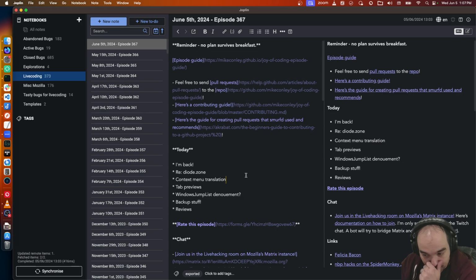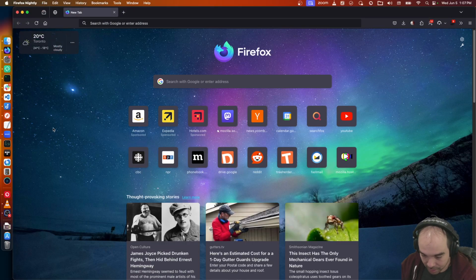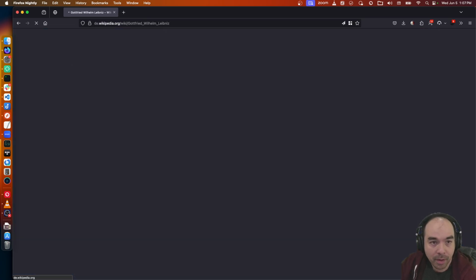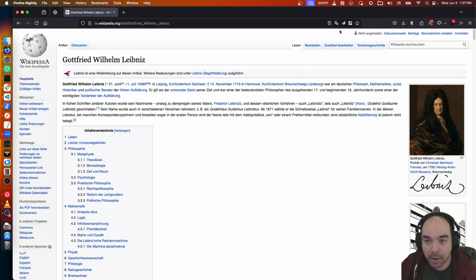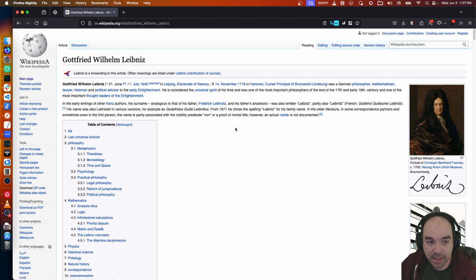I want to mention something else, actually, which is something I discovered for myself just before the stream started, maybe 15 minutes ago. You're probably already familiar with the translation feature in Firefox. This is the built-in language translation, and it does it all client-side, so nothing gets sent to Mozilla or anything. Whenever you do the translation, it's all done locally on your machine, which is really cool.